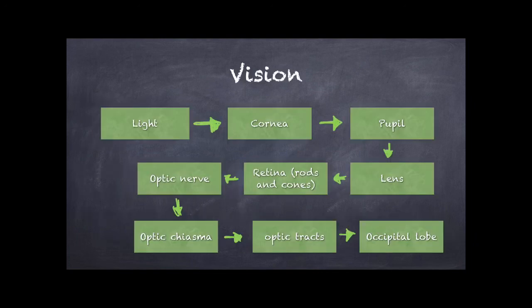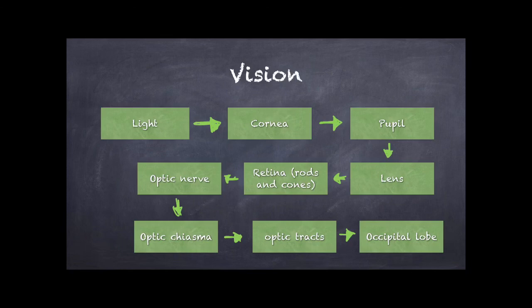So instead of describing everything that's involved in vision, I just wrote down the order that this happens. So let's go through the order of vision. Okay, so for vision to occur, first you need to have light, right? Some sort of light has to be bouncing off some kind of object in order for you to actually see the object. Then the light is going to be reflected off the object, and it's going to first go through your cornea. Once it goes through your cornea, it's going to go through your pupil,